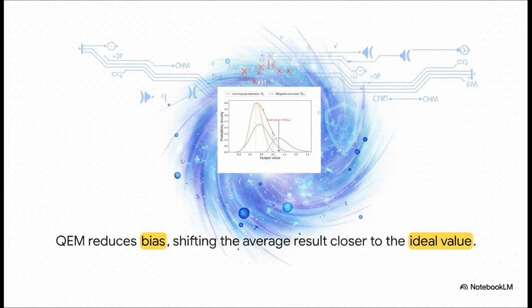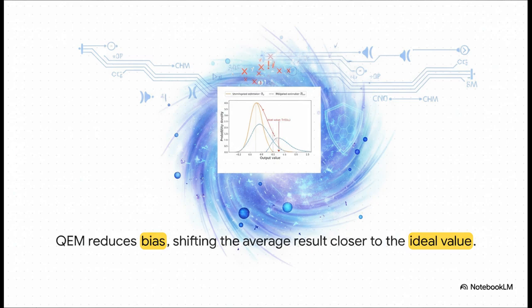Okay, check this out. This graph really shows the magic of QEM at work. See that orange curve? Those are our raw, noisy results. You can see its average is pretty far off from the true answer, which is that red arrow. Now QEM crunches that data and gives us the blue curve. Notice two things here. First, its peak is now dead on target. We fixed the bias. But you'll also notice the curve is wider, which means there's a bigger spread in the results. It's a trade-off, right? We're sacrificing a little bit of precision to gain a whole lot of accuracy, getting us much, much closer to the right answer.